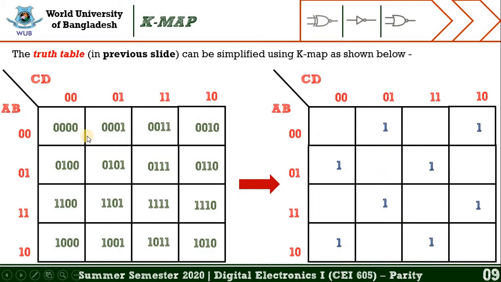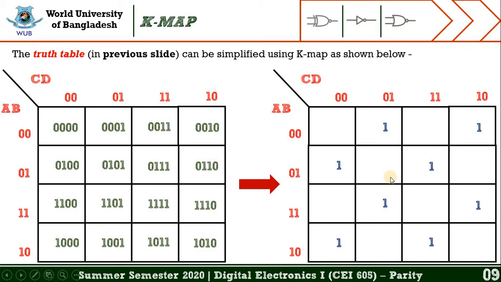This slide represents the K-map of the even parity checker. If we convert the truth table in the previous slide into a K-map, then we find this type of K-map. The truth table can be simplified using the K-map as shown below, and we already know there are 4 inputs. That's why we get the 16 combinations of these 4 inputs, which are already in the first K-map, and in the right K-map we just placed 1,